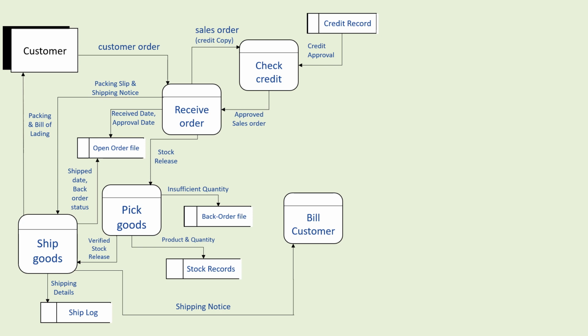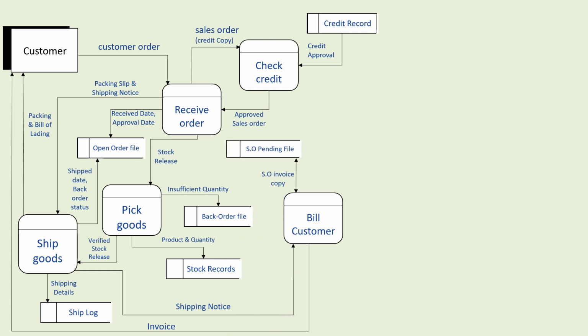And in billing of customers, that is the issuing of the invoice to the customer. So now it is talking about money. If you notice here, we will also send the invoice as an output of the bill of customer process to send to the customer to recognize this amount of sales. So also we will update the billing file by giving an invoice copy, and also we will update the sales details to the sales journal,